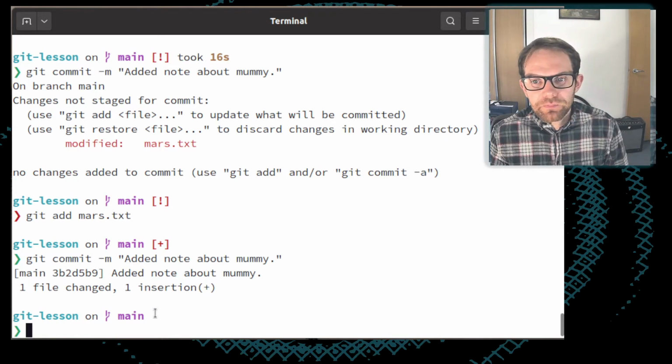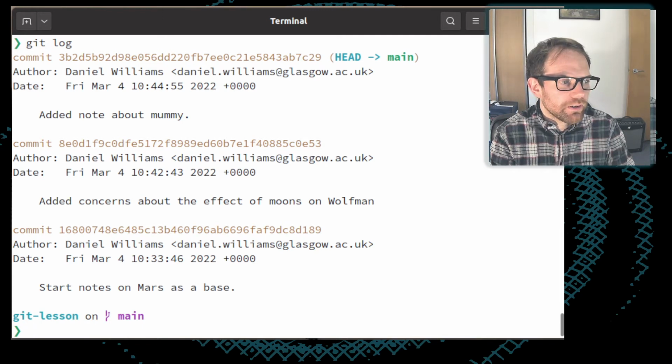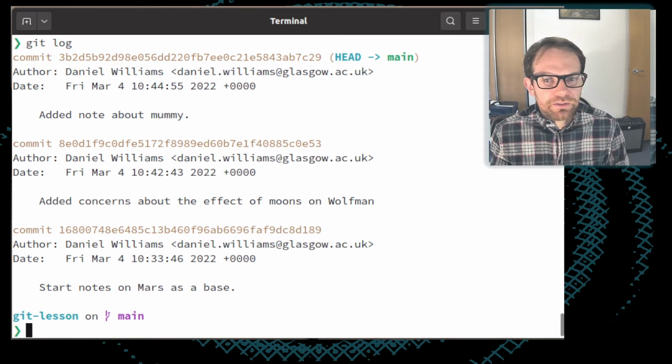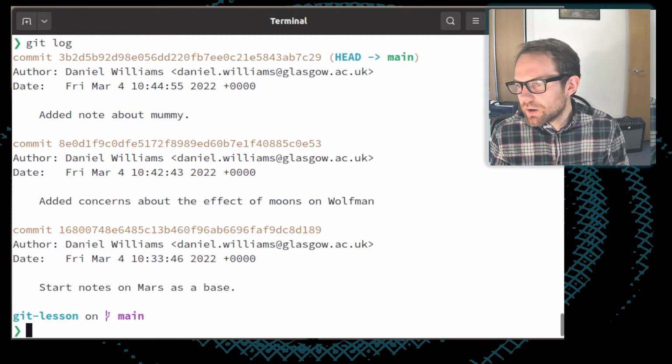Okay, and if we run git log now, we'll see that once again we have added to the entire git log, and we're now starting to develop a more comprehensive history of what's going on here. So there's some notes.